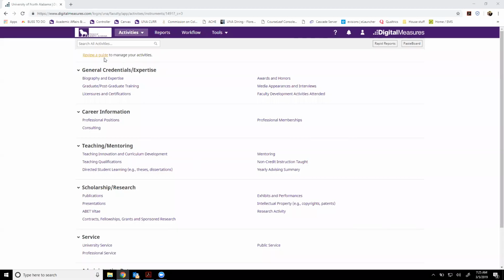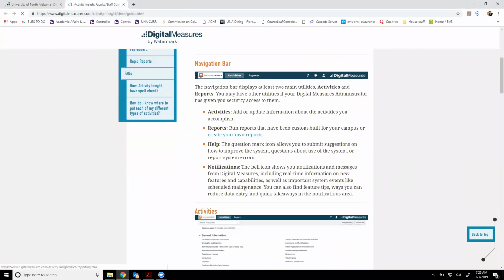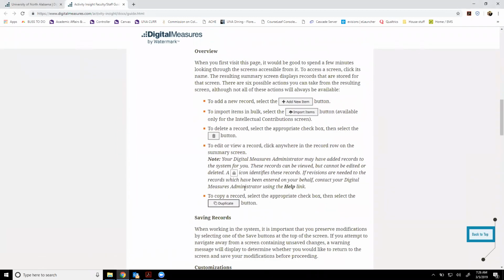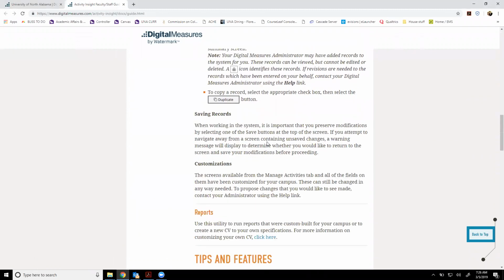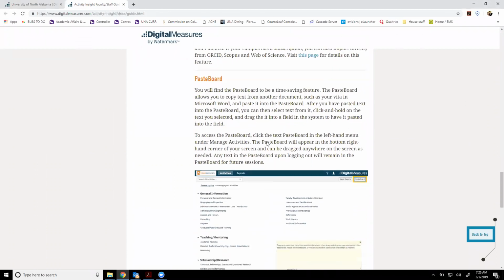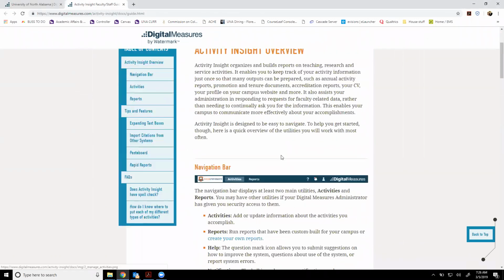Okay, let's look at a couple of other things up here. Click on the Review a Guide. Now, this guide is a general overview of all the different functions within Digital Measures that you will need to import data, such as the Add New Item, the Import Item screen. It really does a great job of detailing what these functions are for. You'll hear us talk about the Pasteboard in a moment. So please use this resource,